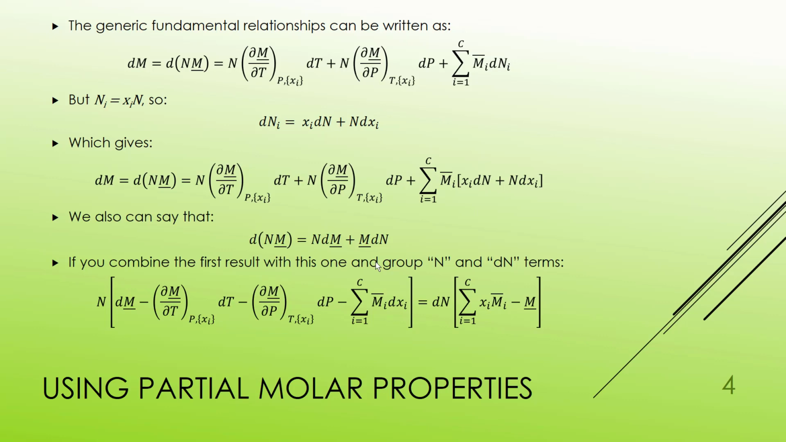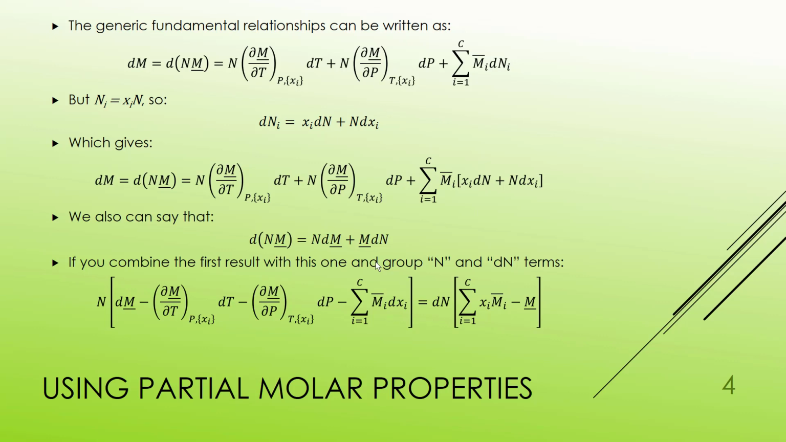So let's see about how we can use these partial molar properties. Now we know that the extensive quantity M is the number of moles times the intensive version of M. And if I wanted to look at the differential of that, a la a fundamental relation, and I was going to go with M as a function of temperature, pressure, and moles of each of my C components, then I would say that